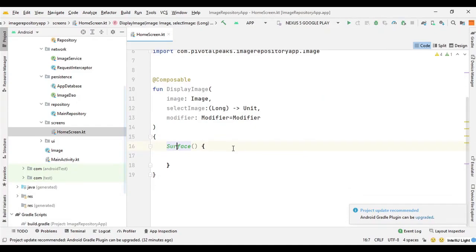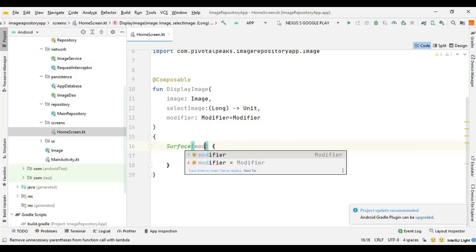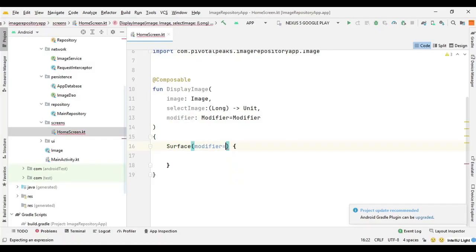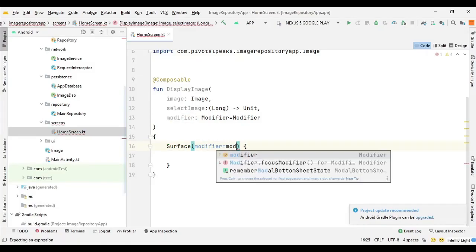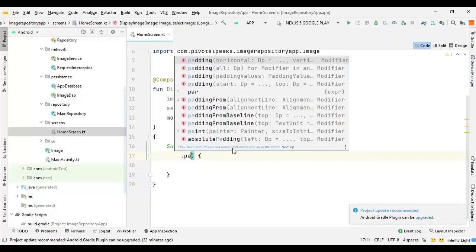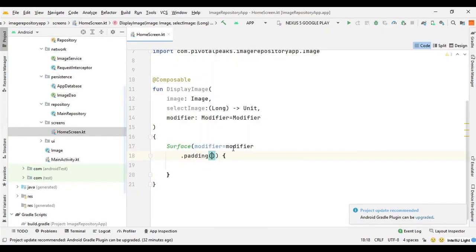So we can say Surface, and inside these small braces, we can say modifier equals Modifier.padding. We want some padding around the surface, so we can say 4.dp, and we need to import the dp. So Alt plus Enter.